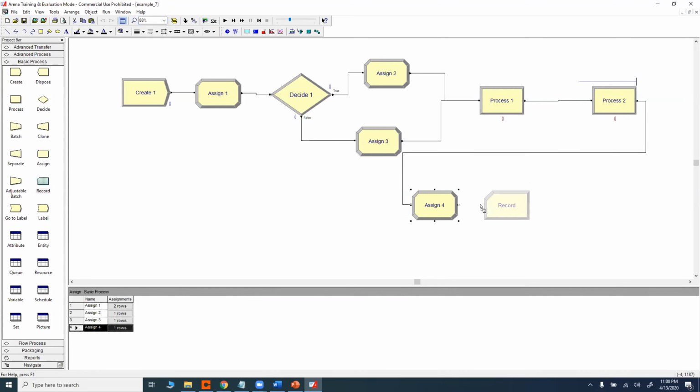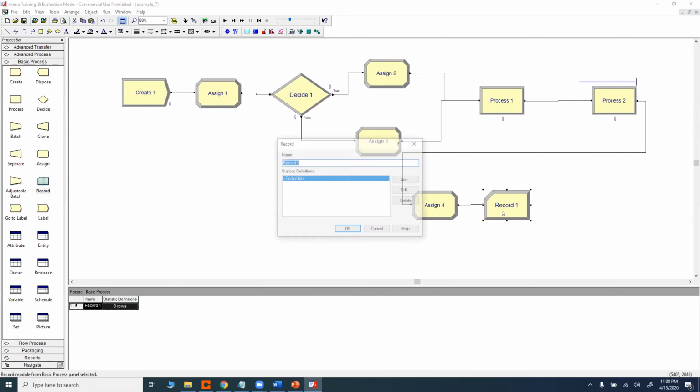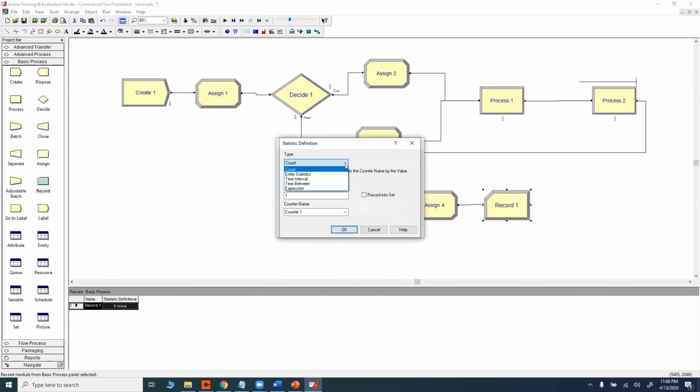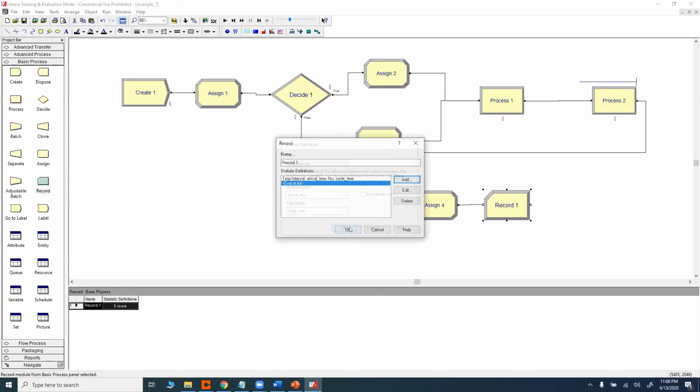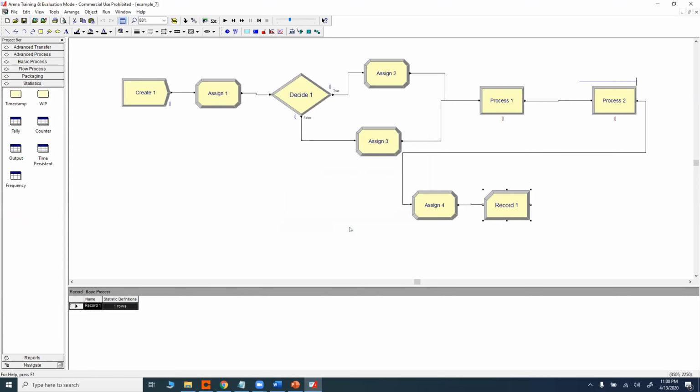So I'm going to use a record block. And this is for time interval. I'm going to use arrival time, and the name of the tally is cycle time. Okay, so from there I can dispose,